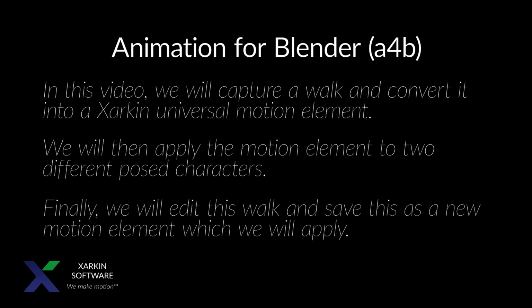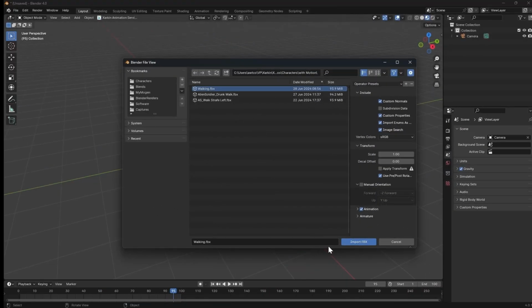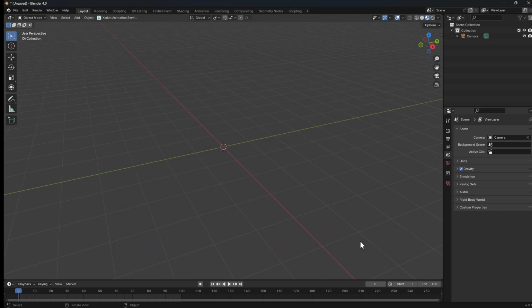Then we will edit the motion element, making some adjustments. We will save this as a second motion element. Then we will append this modified motion to the character in Blender and observe the effect of our changes. Before showing how to capture, modify, and retarget motion, we'll take a minute to show you where we started from